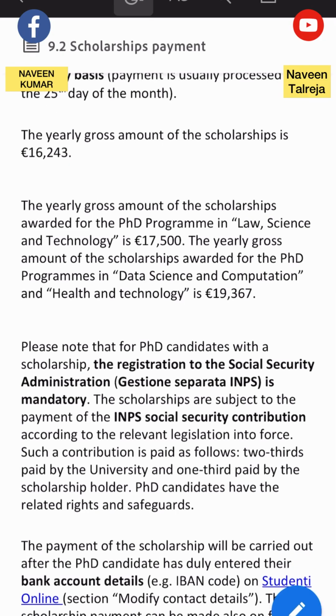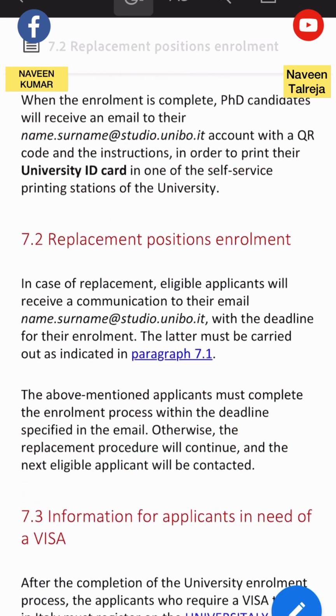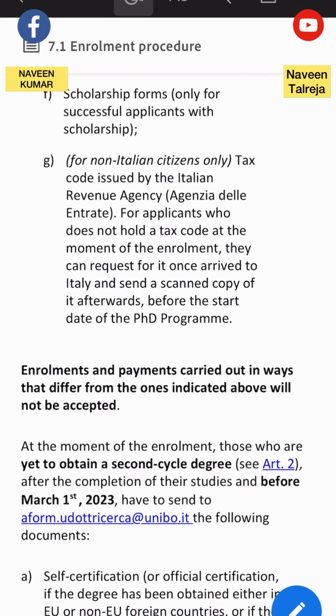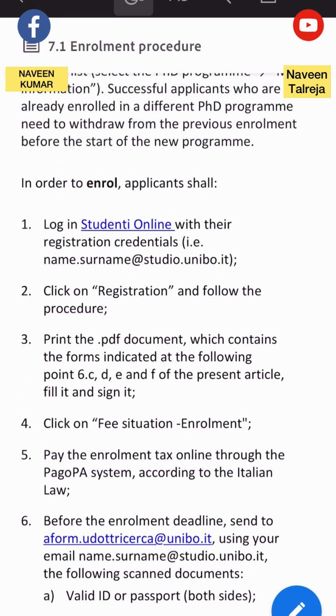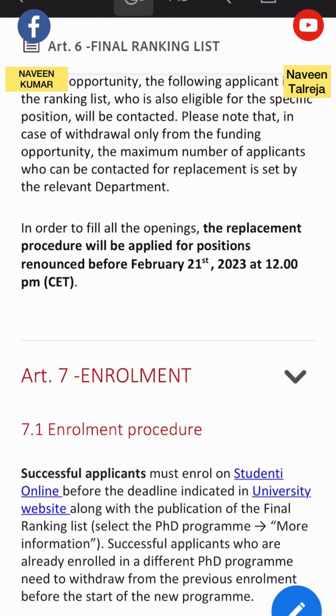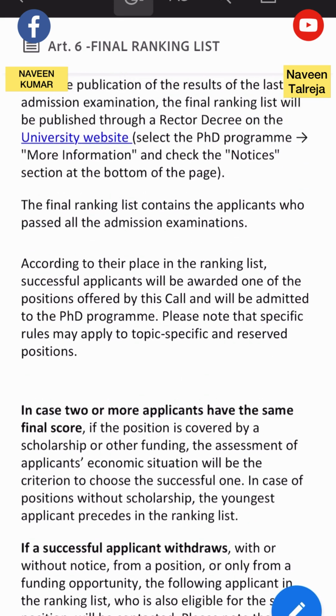That's also how I was offered a scholarship at an Italian university. This is the only method, I am telling you truly. If you go to agents, if you ask any other student, they will also suggest the same thing. Everything is written in the call. You must read, understand and apply.